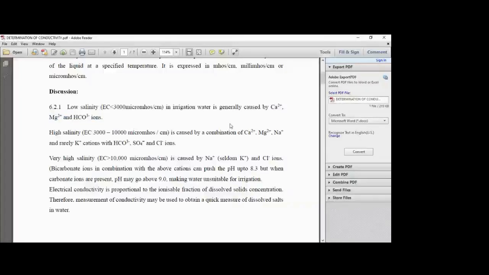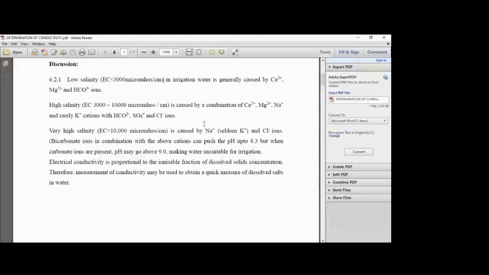So for example, the salinity in that particular sample may be because of calcium chloride, or because of calcium sulfate, or maybe because of magnesium carbonate, magnesium sulfate, or it can be because of the carbonate ions, right? Similarly, if my electrical conductivity is between 300 to 1000, 3000 to 10,000 micromhos